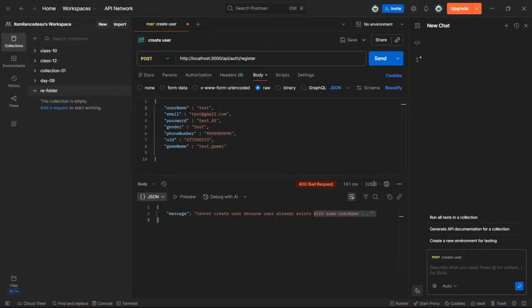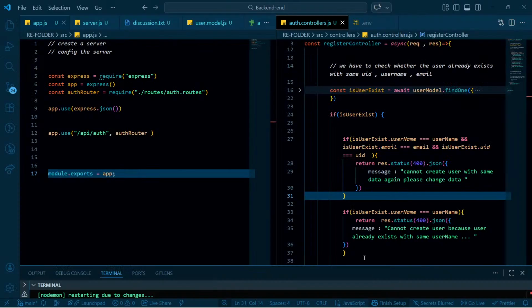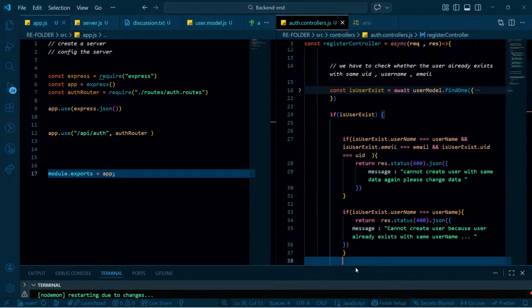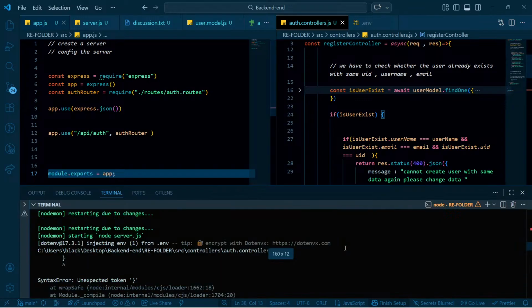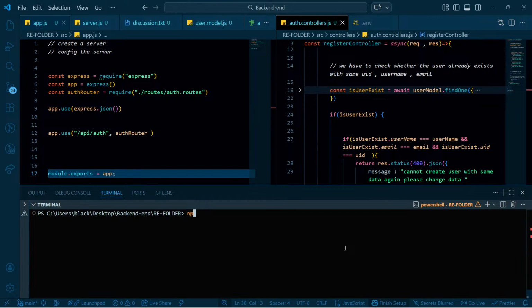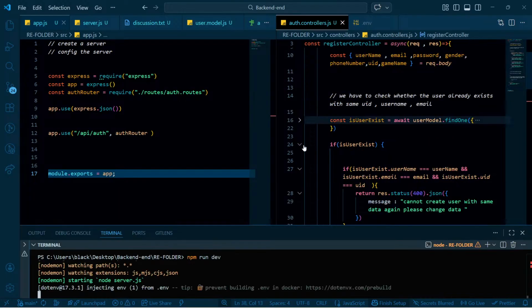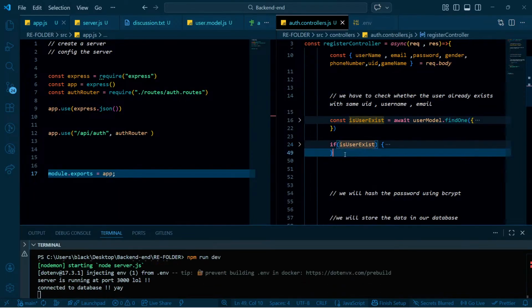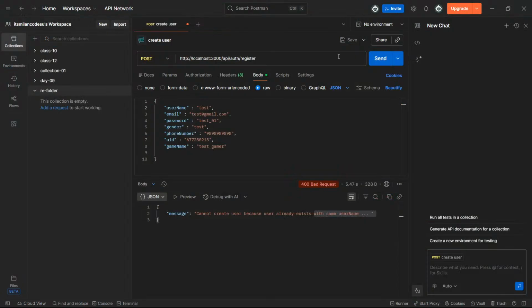Okay, okay. I don't know what is happening here, but okay, I'm just gonna... I don't want to spend a lot of time in here, so okay, right now this is okay